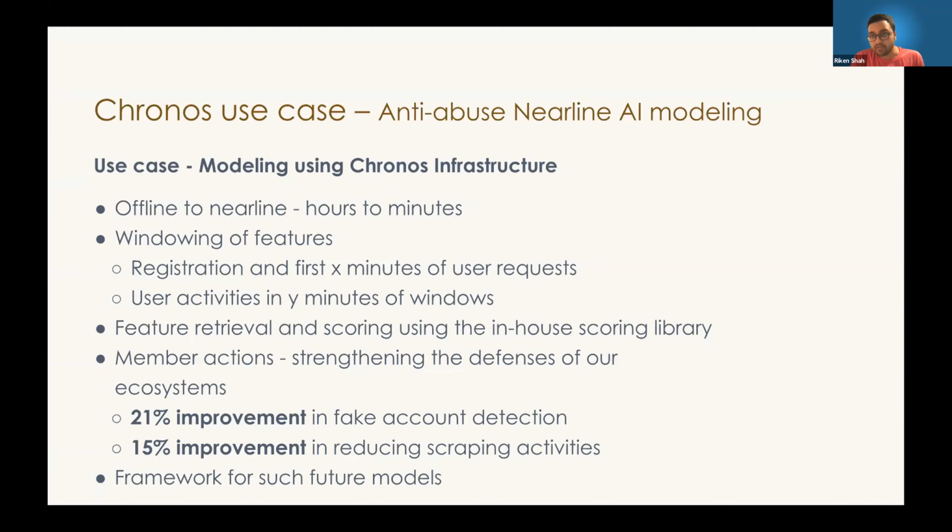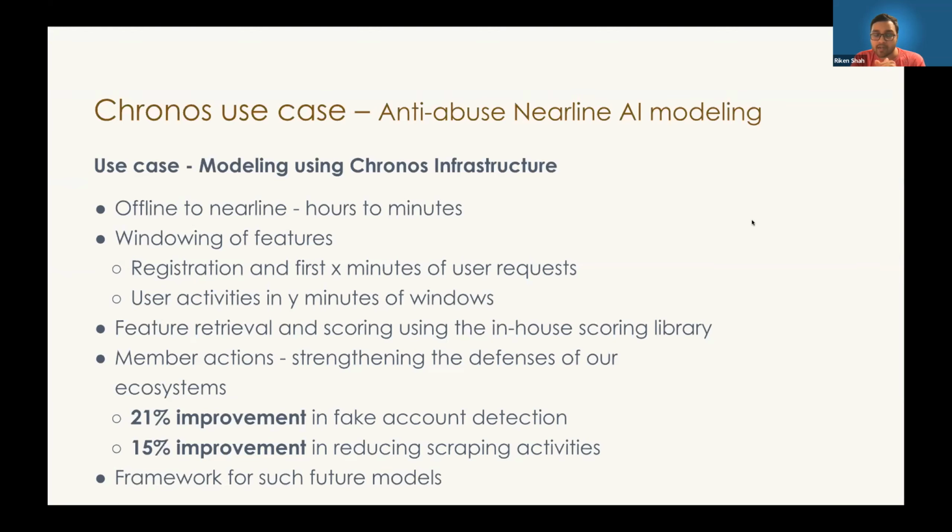Once the features are retrieved, we use an in-house library for scoring. Scoring is nothing but a process that we use for executing these AI models on the input data and producing a score which represents whether the input detects signals of abuse or not. After the scoring happens, we can take member actions, which make sure that we are able to restrict these members